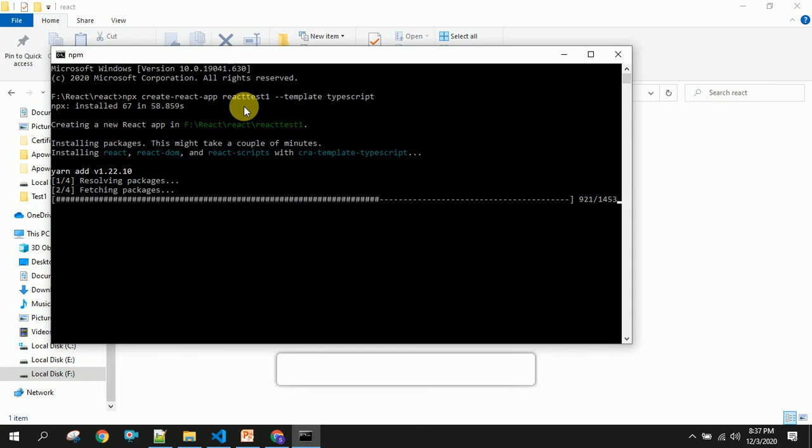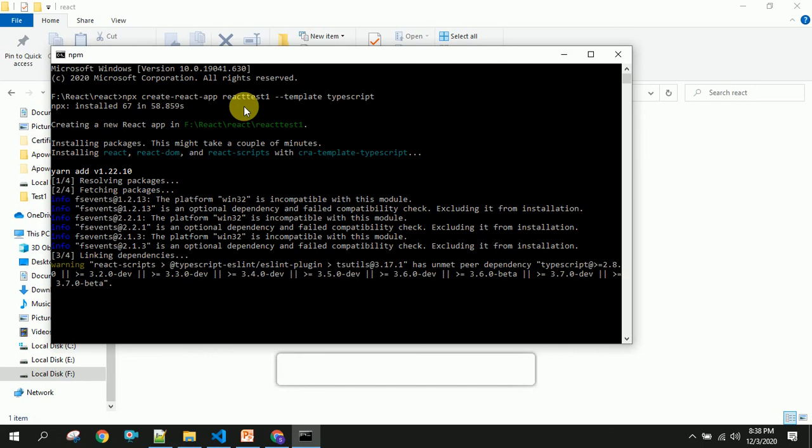And if you are a person who knows Angular with TypeScript, then you will find it easy when working with this React with TypeScript application. Okay, let us wait until it gets installed successfully.